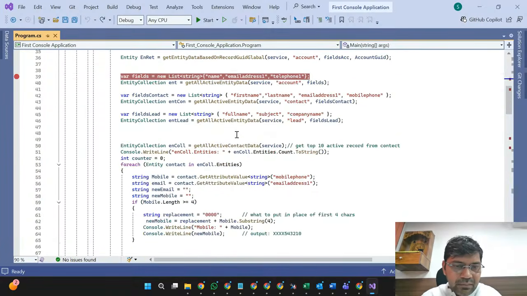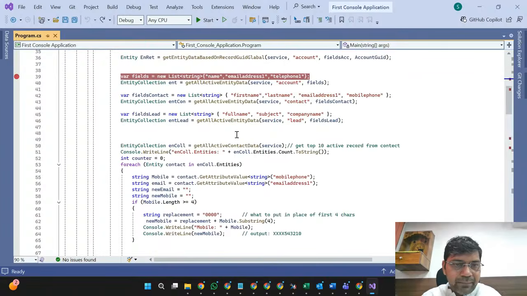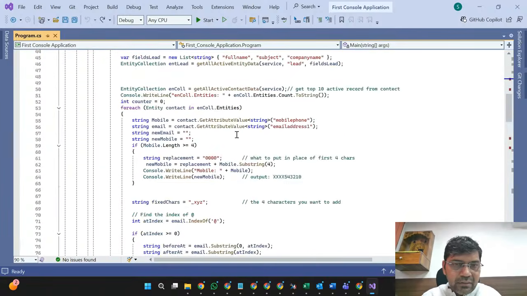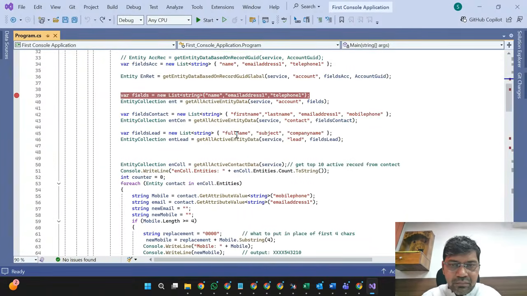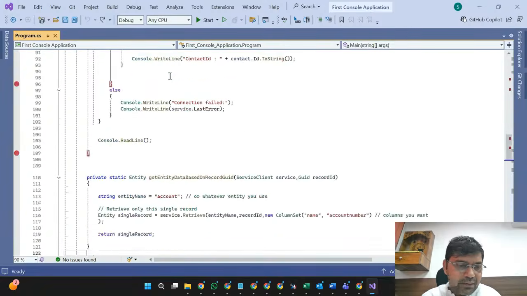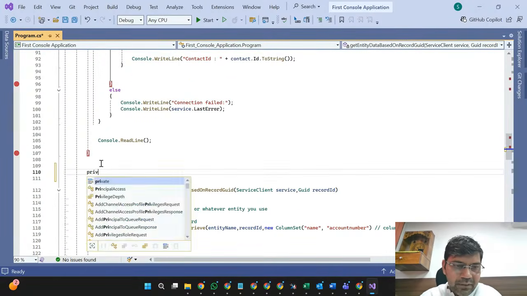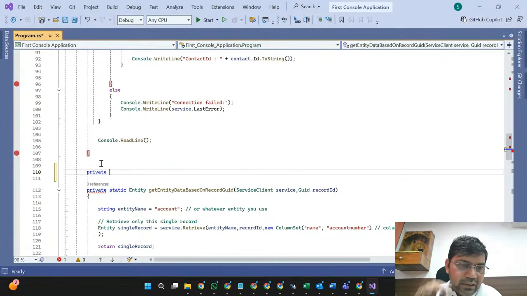In the console base, this is very huge code. Maybe let's try to add all that code into one function so that we can validate it, private. Now you are able to understand how we are creating a common function.